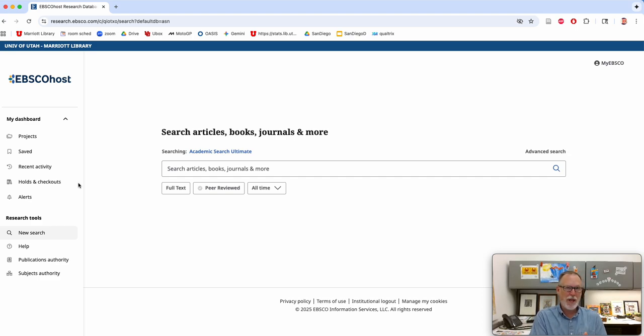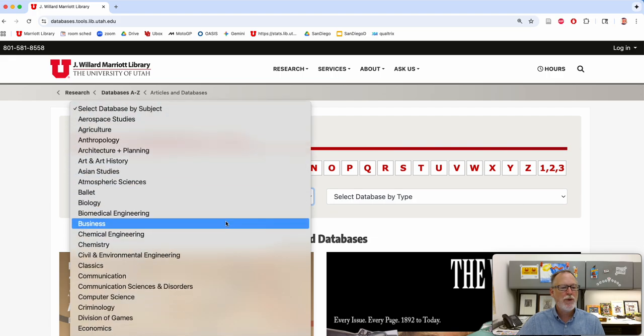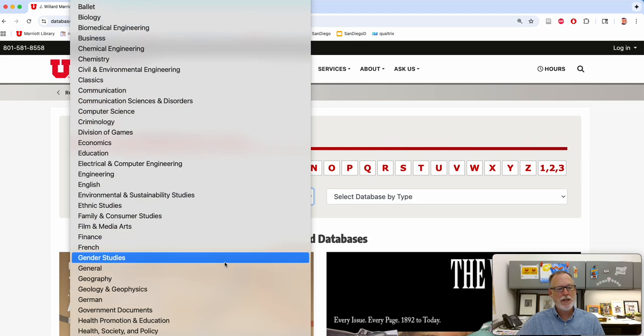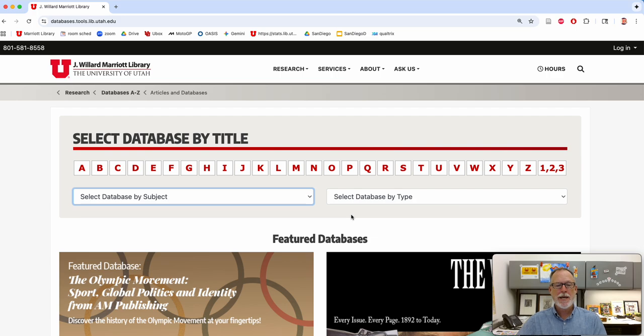So some books, but a lot of newspaper articles, journal articles, scholarly articles, and the like. Some of them get very specific. So if you went under subject and you went under business, these would be only articles about business, or chemistry or environmental engineering, etc. So all the disciplines are listed here. Again, make sure you're logged in.